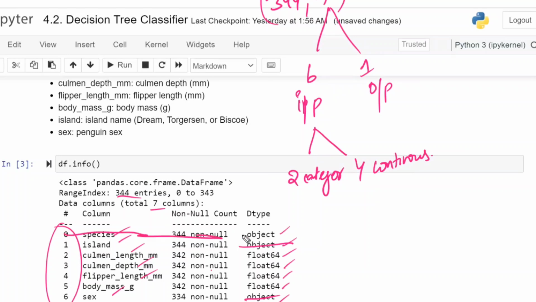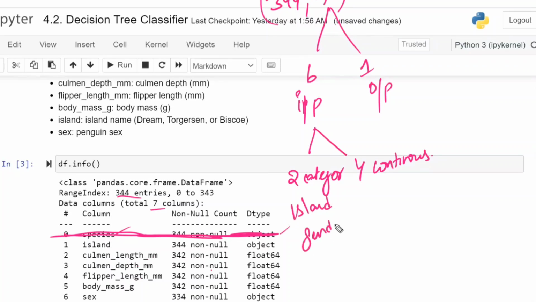This is the output variable. You should ignore the output variable. Within the 6, 2 of them are categorical: island and the second one is gender. So these are the 2 categorical columns, one is island and one is gender.